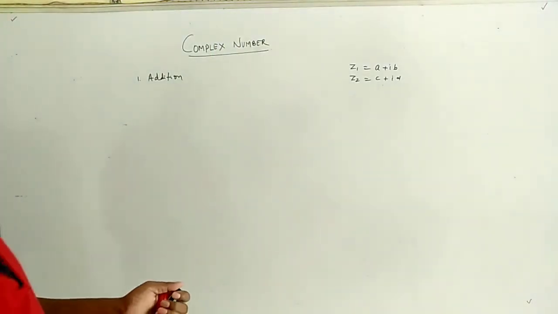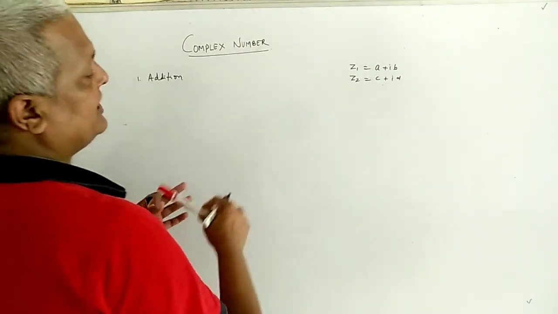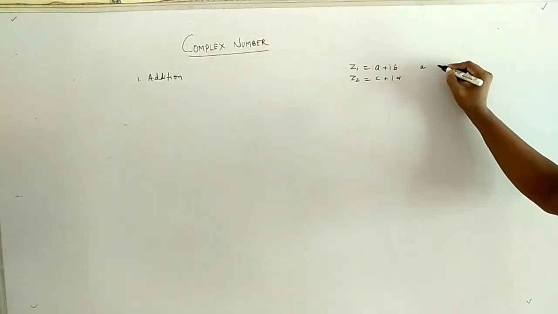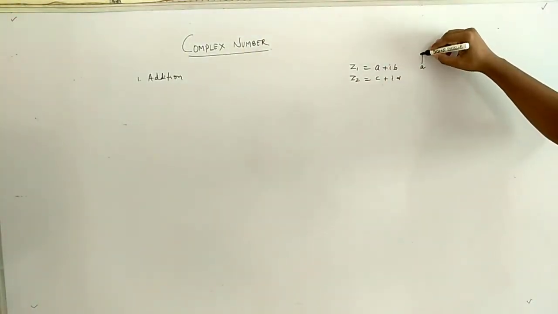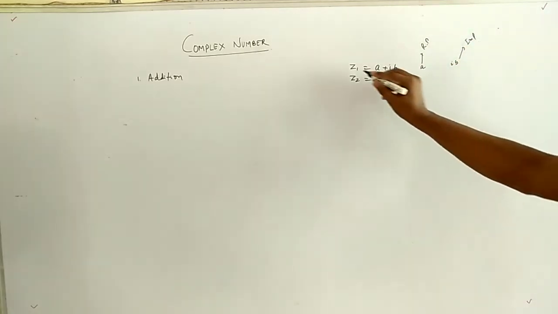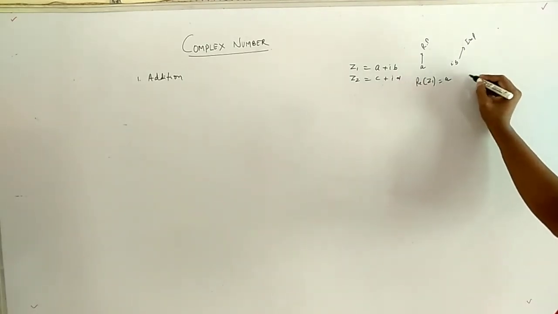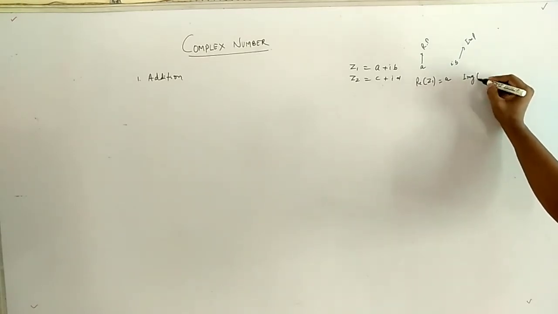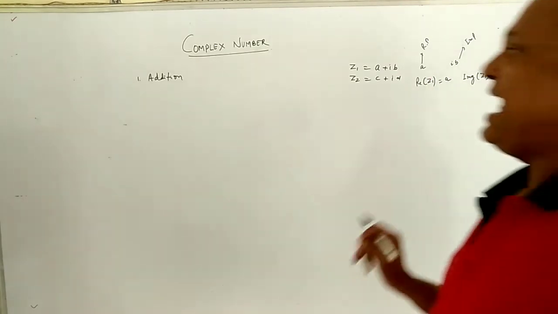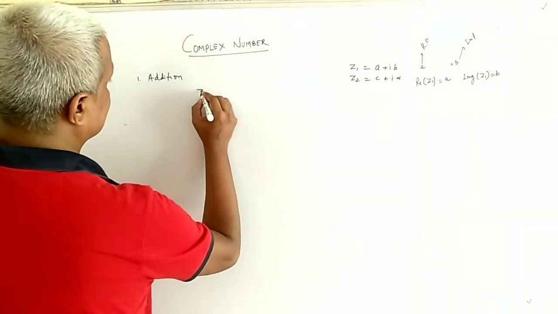As I told you, A is called a real number, B is also a real number. If you just take the two terms A and iB, this is called the real part and this is called the imaginary part. So the real part of Z1 is A and the imaginary part of Z1 is B. When you add two complex numbers, you are going to find another complex number, that is